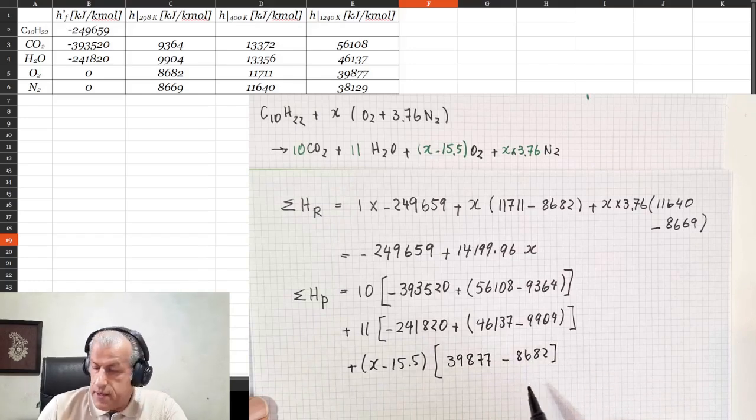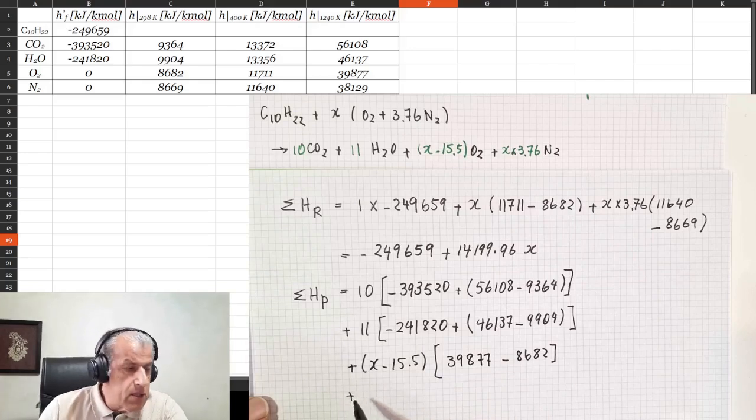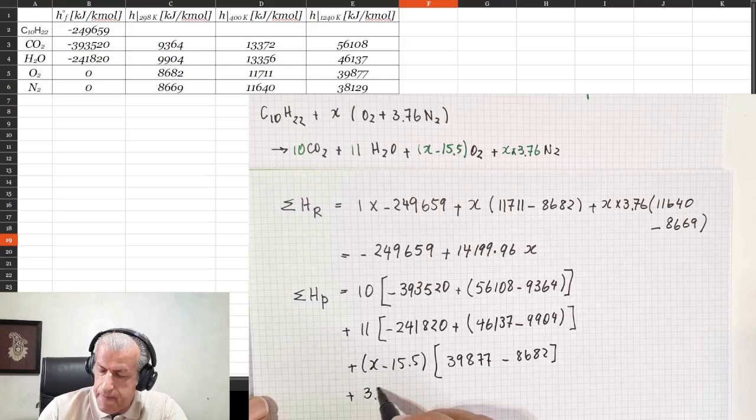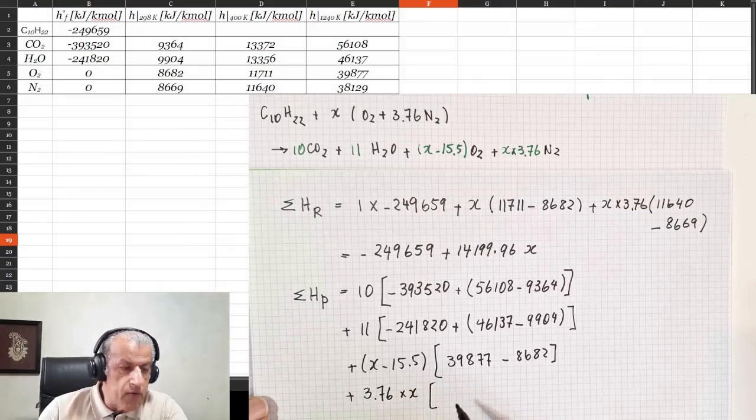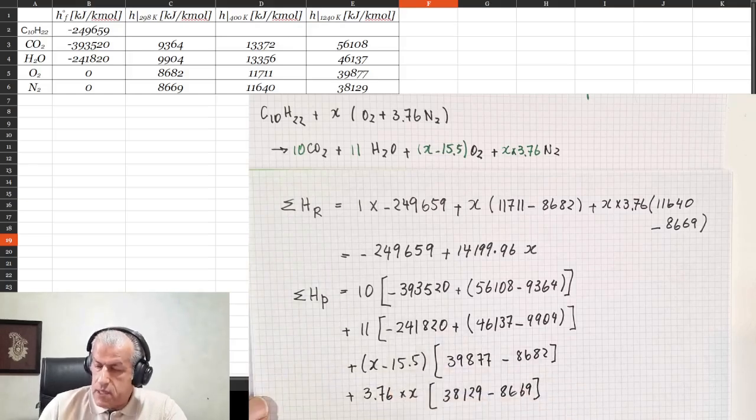That is our enthalpy for oxygen, and plus for nitrogen, which is 3.76 times X, that's the number of moles, and the enthalpy of formation is once again 0. All that is left is 38,129 minus 8669. Now, that's all our enthalpy of products. And if we multiply them all together and add them together, this would equal